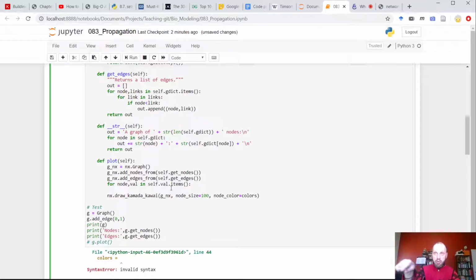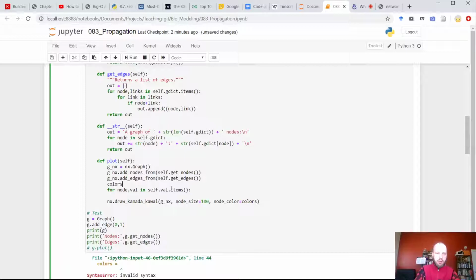This thing will iterate through all nodes and will extract values of each node. And so far, all values are 0. So let's create a list called colors. Colors equals, let's make a NumPy array. Okay, let's do NumPy. Doesn't matter, but NumPy is fine. Zeros, how many? The same as the number of nodes. How many nodes? The easiest way to calculate it is length of self values.